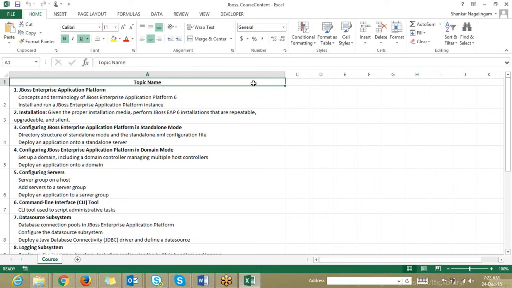So JBoss is basically an application server initially introduced from jboss.org. What is jboss.org? Like apache.org, jboss.org is an open source forum, and the application server coming from it is an open source application server.